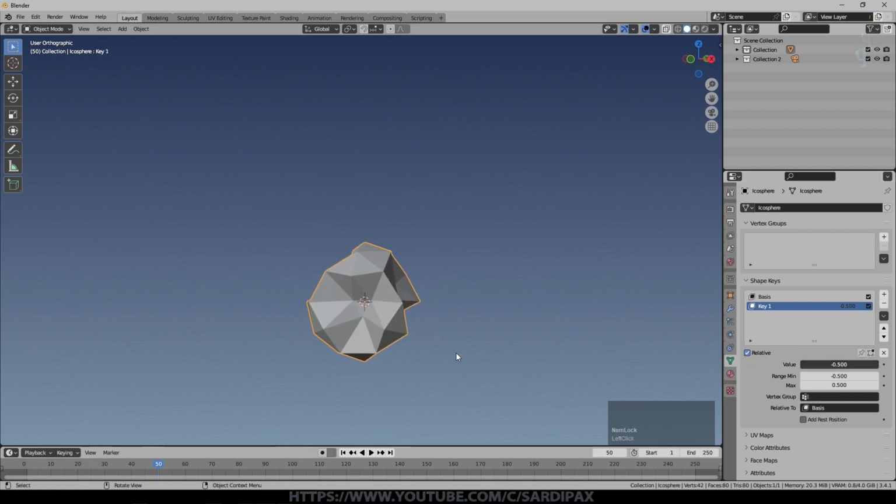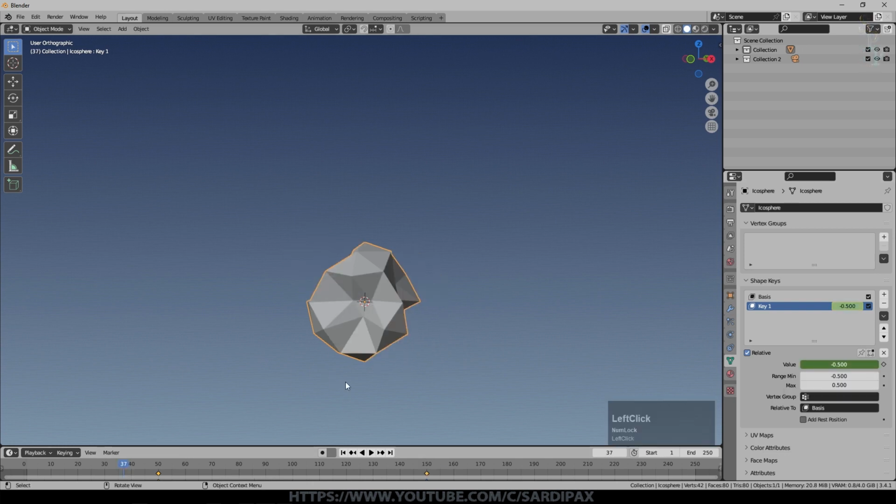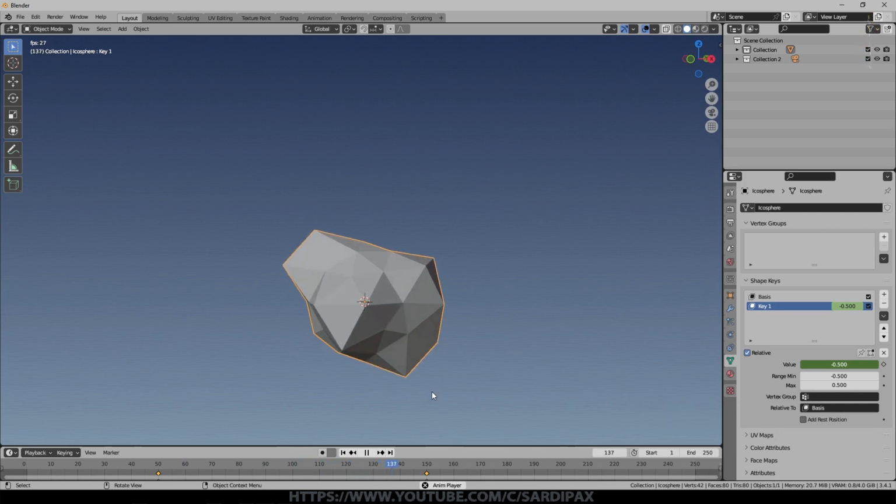And of course, I'm at frame 50 now. If I hover over here, I can press I to add a keyframe. So it's turned a sort of yellowy color. And if we now go to frame 150, and I can turn that all the other way, press I again, and that's added a second keyframe. So if we come back to here and I press play, you can now see over time the shape changes.